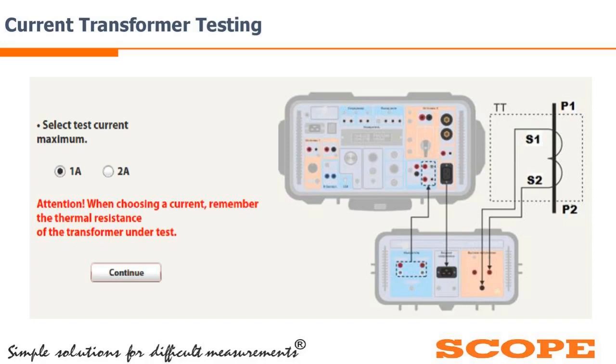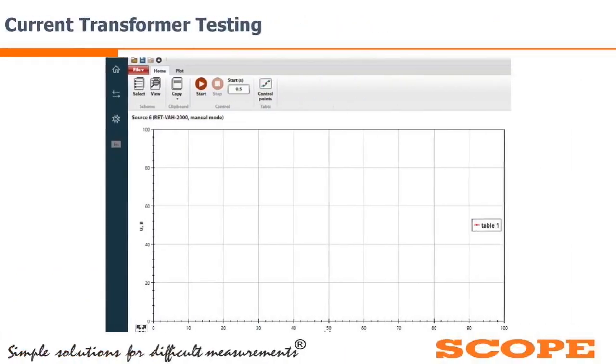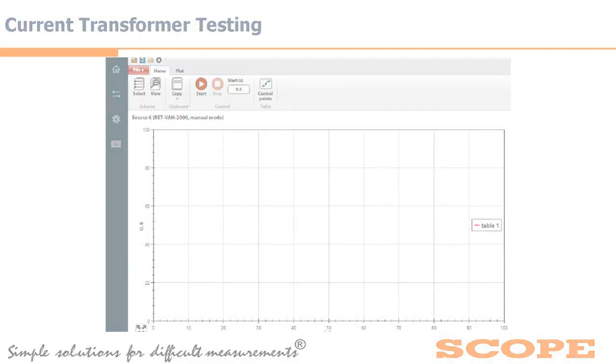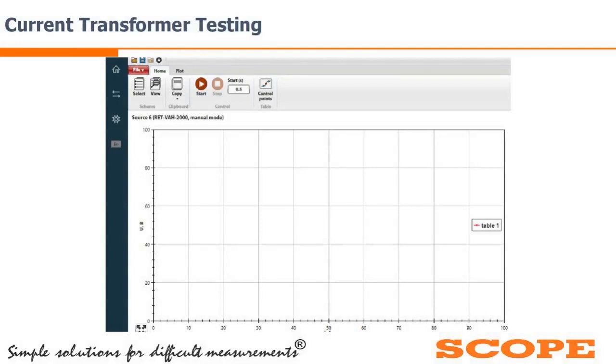After clicking continue, we will get this plot option. After the start button, the actual knee point voltage test is going to start.